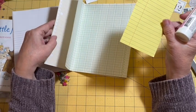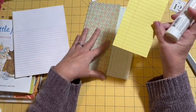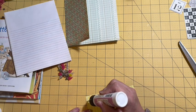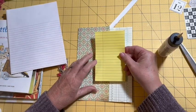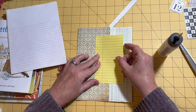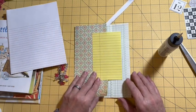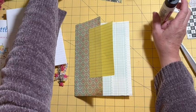So I have my page idea. It is a flip-flop. I have my journaling space. I have my numbers, which is the theme for this particular day. Okay, now I'm adding this lined paper. Okay, so we have our lined paper. And I'm going to add,